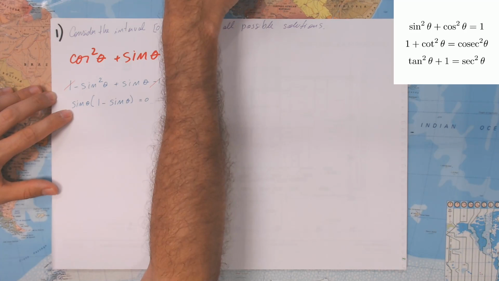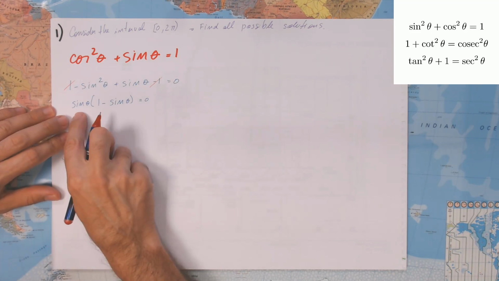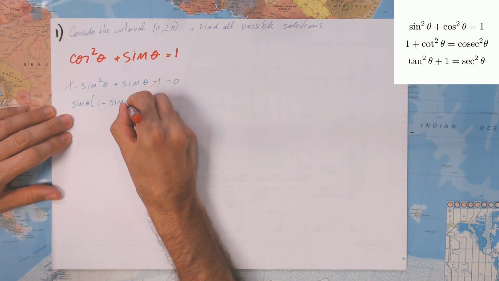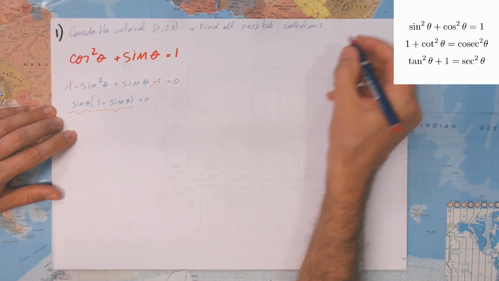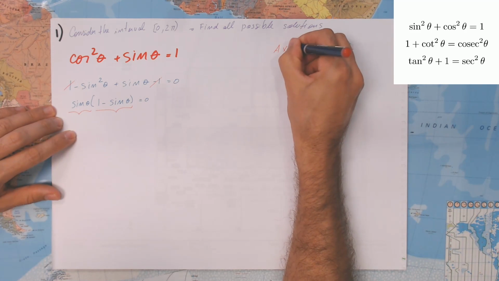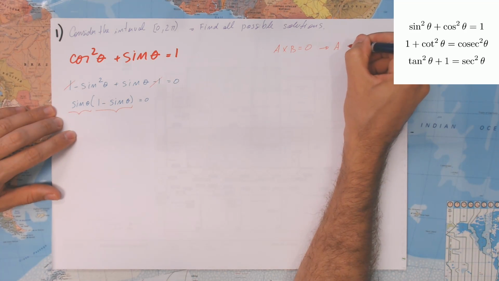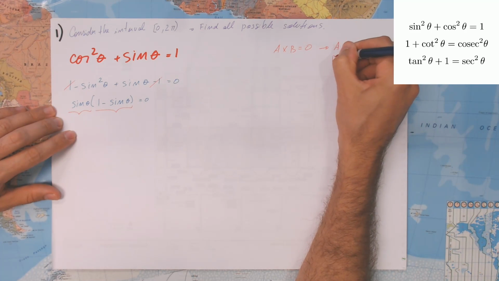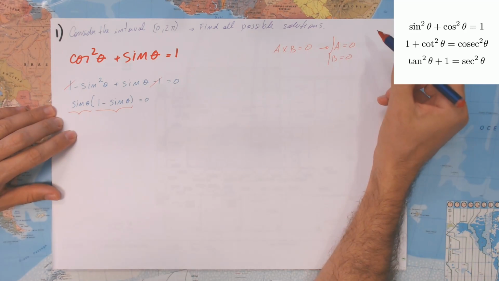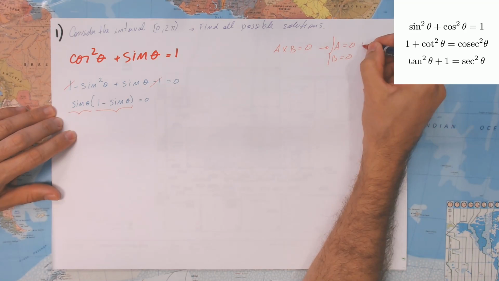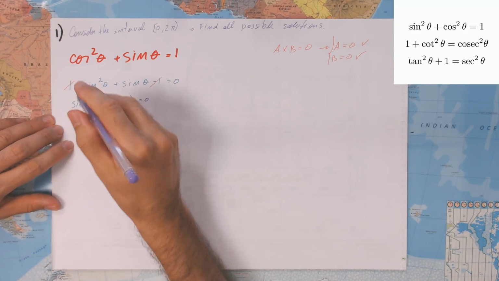Well, look what we have here. We have a product like A times B, okay? This is what I'm talking about. A times B equals 0. Well, for that to happen, A can be 0 or B could be 0 or both. If A is 0 it is enough, if B is 0 it is enough. So the solutions for this are,